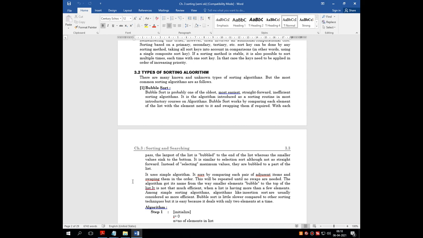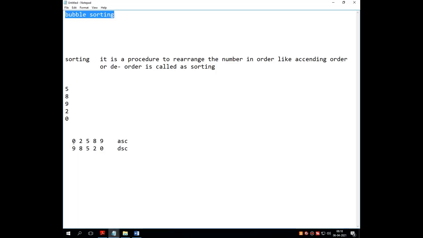So as far as this particular concept is concerned, from the list of numbers which has been entered by the user, it finds the smallest value and puts it onto the first position. Say for example, from my selected input values, the smallest value is 0 in comparison to the others.